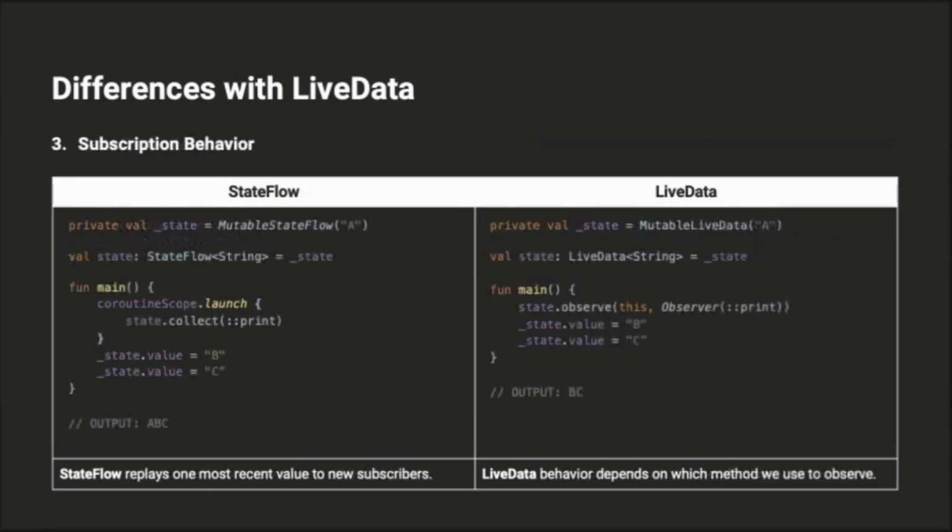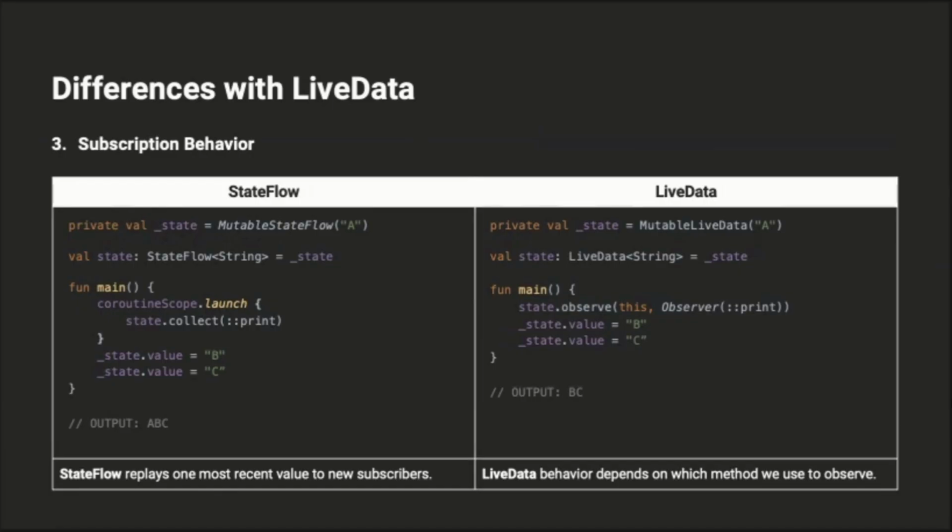The next difference is the most interesting one. StateFlow always replays one most recent value to the new subscribers. For example, we assign A as the initial value, then collect the changes, then assign B, then C as the next values. The output prints ABC, while in LiveData, the subscription behavior depends on which method we use to